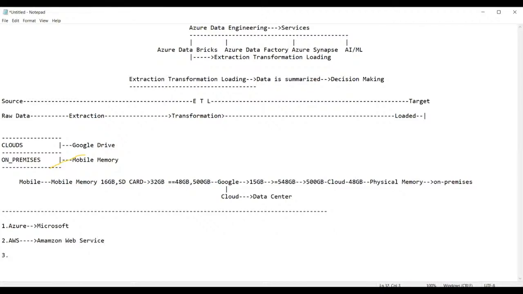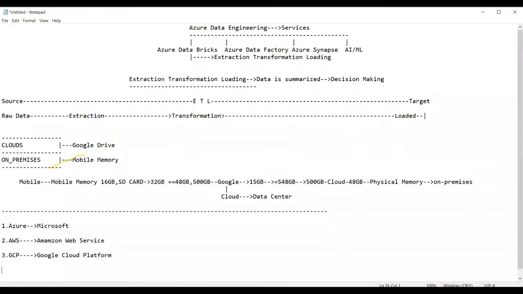The third one is GCP, which stands for Google Cloud Platform.